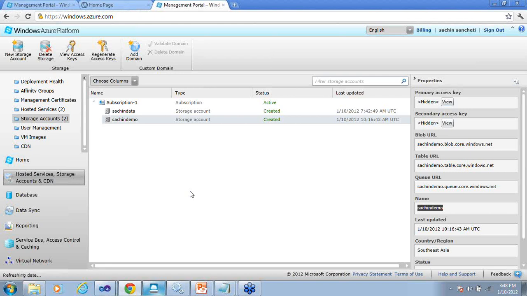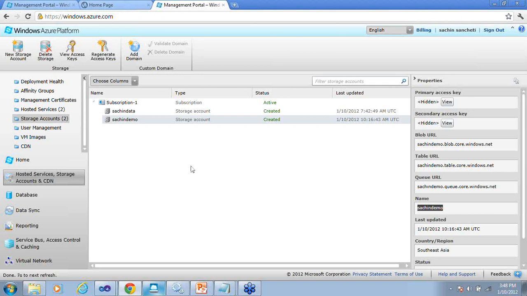So that if you want to write your application, you can write your application as well as your portal. You don't have to come to the portal all the time to do all the things. You can do everything, writing .NET code using the Service Management API. Those are again RESTful APIs which you can consume and do all the operations which you are doing on this portal. For example, if you want to create a new hosted service, you can write code, and PowerShell scripts are also readily available to consume all these Service Management APIs.